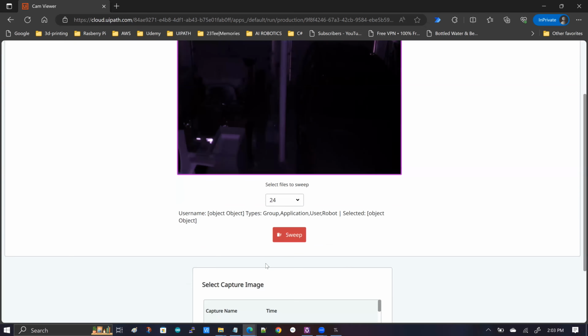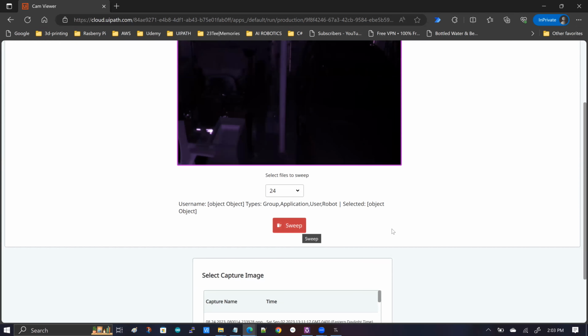The other thing that you saw in action earlier was the sweep functionality. When I selected the number of records to be swept, you already saw that it is able to create a job in the target folder, right? So I know that it works. So it gives you an illusion that your app is working fine. Everything is okay. But